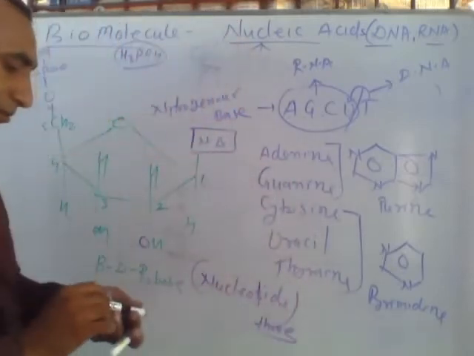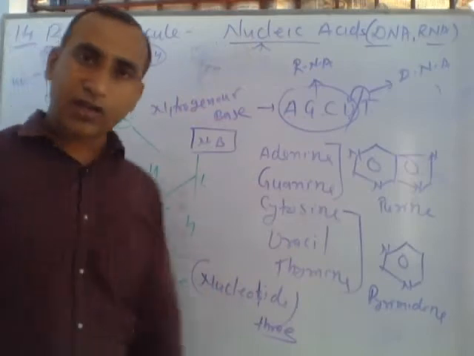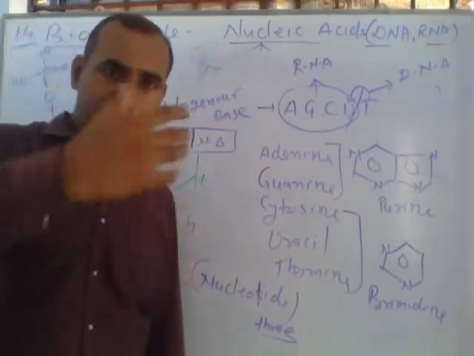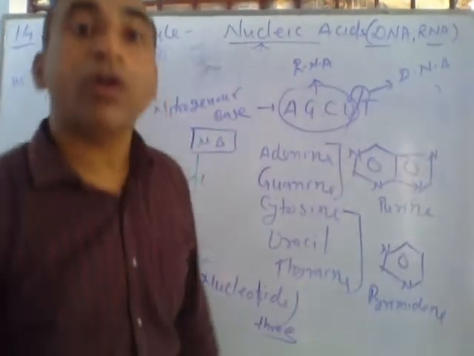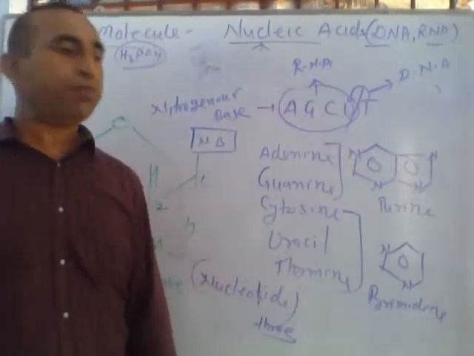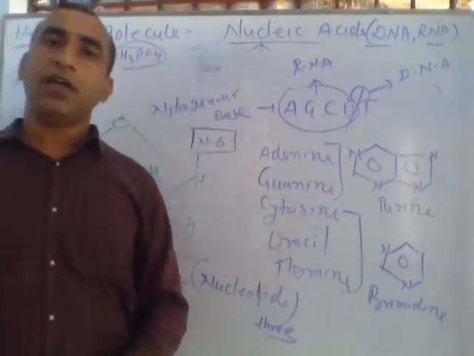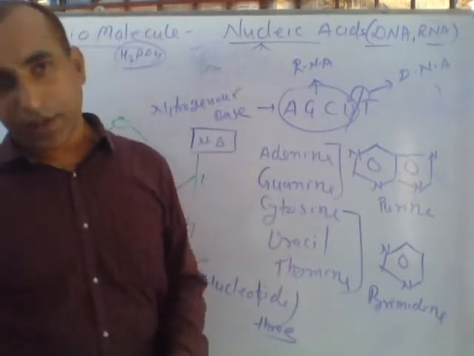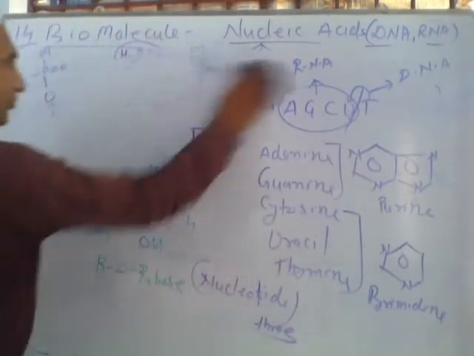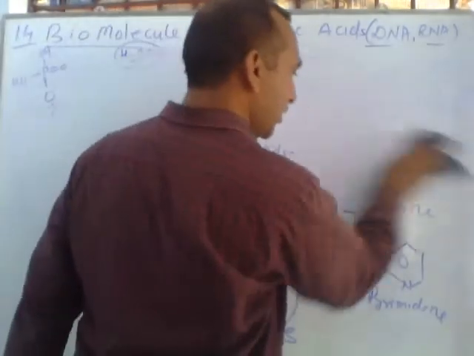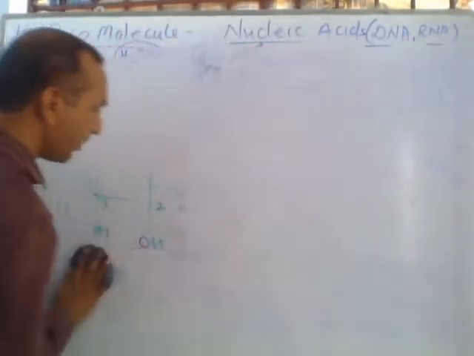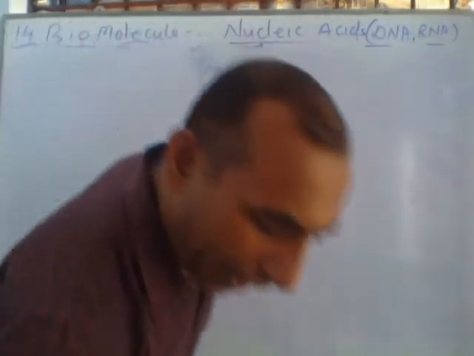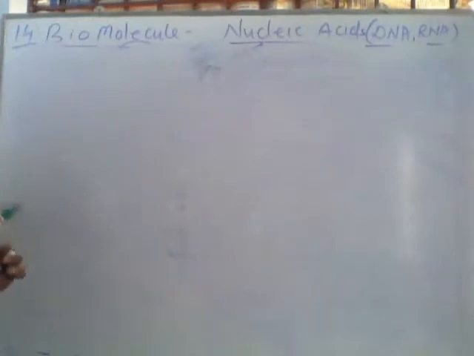These three form a nucleotide, and these nucleotides join together and give a long chain called a polynucleotide chain. These polynucleotide chains are called RNA, otherwise DNA. Listen how. Remember the three units. First is sugar. Sugar may be ribose, otherwise deoxyribose. Second is nitrogen bases, and third is phosphoric acid.